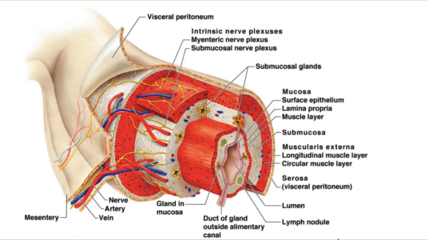Right, so we can see the lymph node in the submucosa, and glands in the mucosa. We see the huge submucosal glands. In between, we can see the myenteric and the submucosal nerve plexuses. And this is the lining visceral peritoneum. As you can see over here, this continues as the outermost layer, or the serosa.